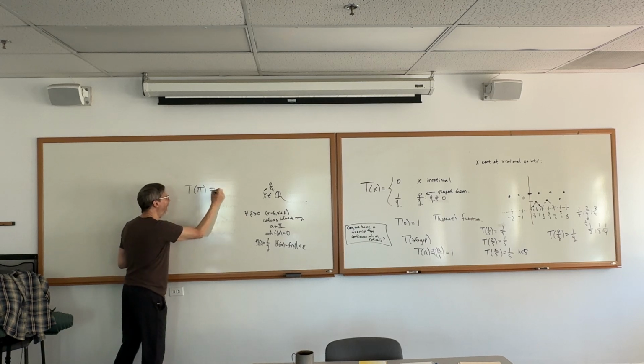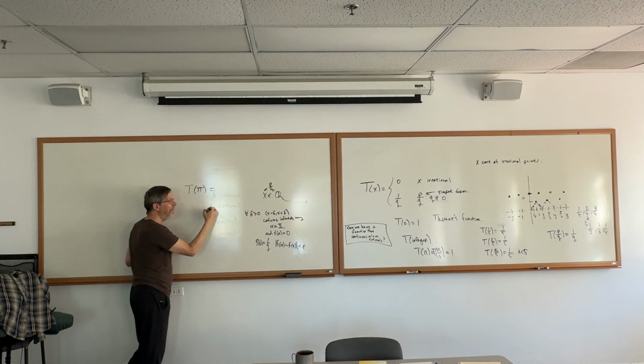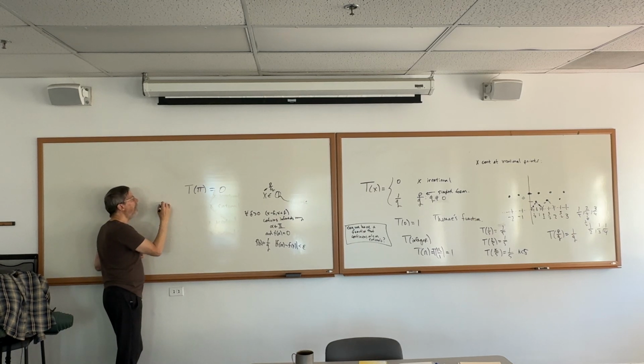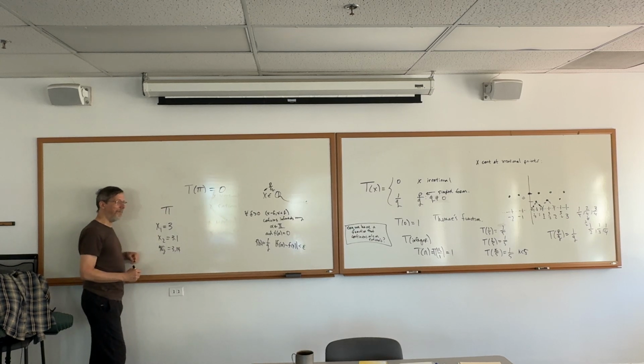So what's t of pi? 0. Right, because it's irrational, definitely. What's a sequence of rationals that approaches pi? So give me a sequence. So x of 1 is, we'll start easy. 3. Yeah, what's x2? 3.1. Cool, and then onward and onward. So x3 is, and you might even see where this is going.